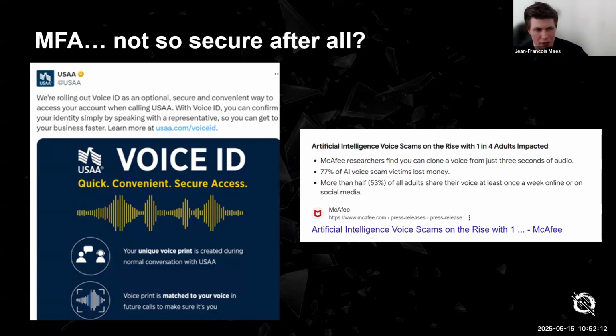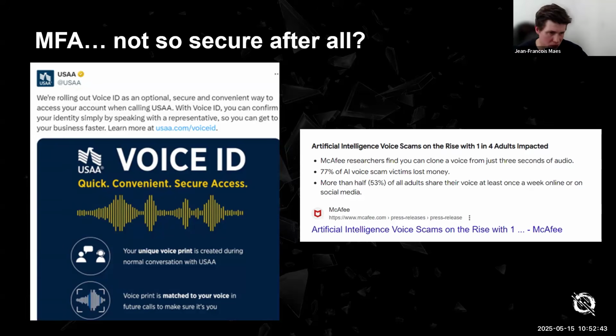And they very proudly announced that they are now supporting multi-factor authentication using voice. So you can use your voice to authenticate yourself and basically access your bank account or your insurances or whatever. Unfortunately, this was very ill timed because I think 2 days or 3 days before or after, I don't remember exactly the timeline, they tweeted this.